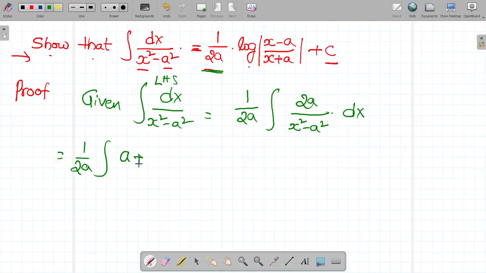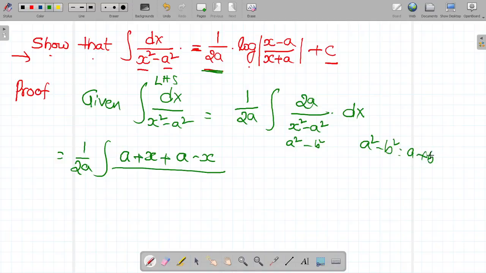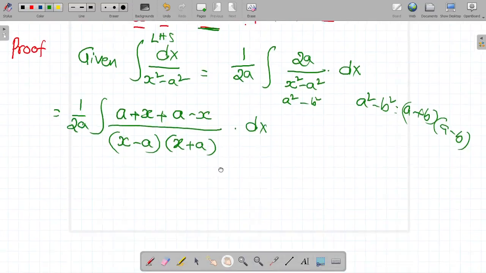So a plus x plus a minus x by, here the denominator is in the form of a square minus b square. A square minus b square is equal to a plus b into a minus b. So it becomes x minus a into x plus a into dx. Okay, so the next step is